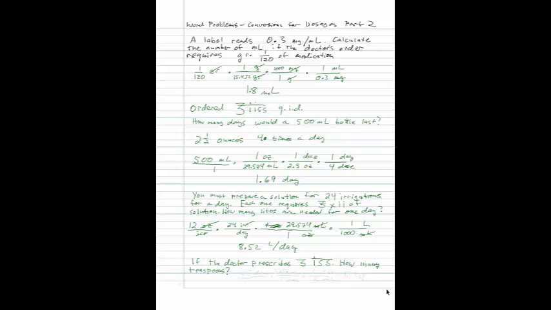Okay, this time we have a doctor prescribing 1 1/2 drams of medication, and the question is, how many teaspoons should this person have? Again, ss 1 1/2, we'll call that 1.5 over 1 drams. Let's convert that to milliliters. So drams on the bottom, milliliters on top. 3.697 milliliters